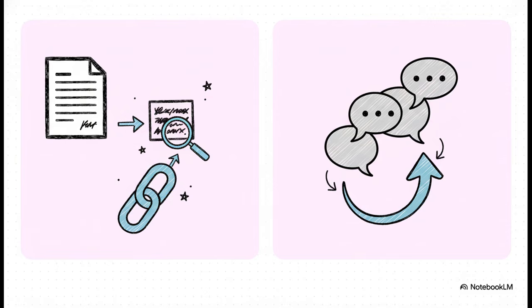And this brings us to the main perk of each one, their superpower, if you will. For NotebookLM, it's all about traceability. Every single answer or summary it gives you comes with a link, a citation, that takes you right back to the exact spot in your original document. That is huge for fact-checking. ChatGPT's key perk, it's conversational memory. It actually remembers what you've been talking about, which lets you have this really fluid, natural back-and-forth conversation.